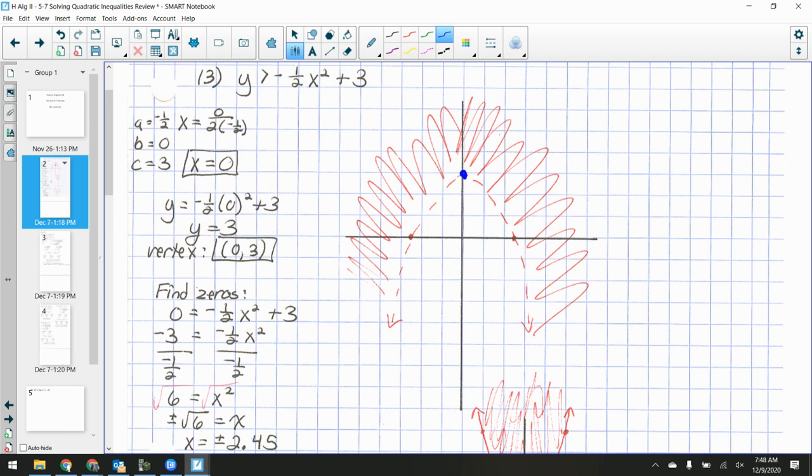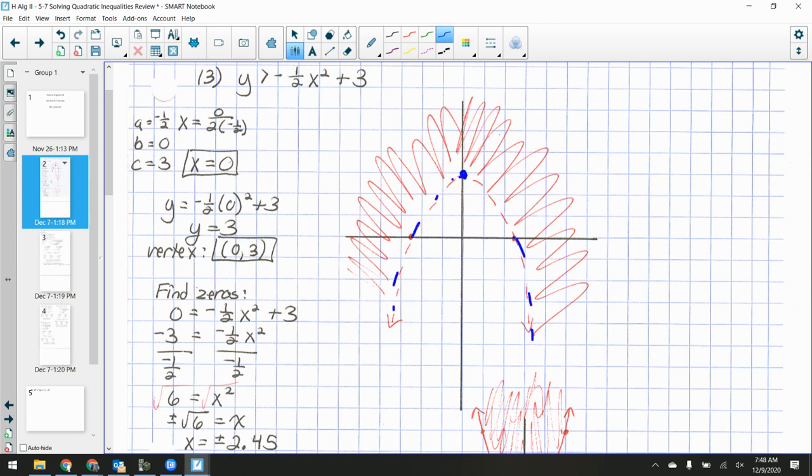The nice thing here is that since it has no b term, you can solve directly for x. Subtract the 3 over to the other side, divide by negative 1/2. You're going to get 6 is equal to x squared. So you could say plus or minus radical 6, but that's kind of hard to graph. I'm not really sure where radical 6 is. So just use the decimal form, and it's 2.45. Positive or negative 2.45. So you come over here, about 2.5, here, about 2.5, dotted line, and then you say,